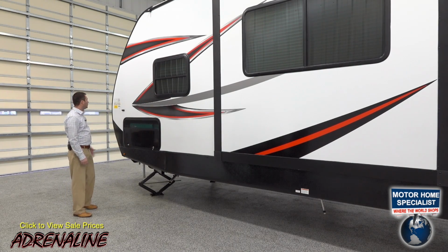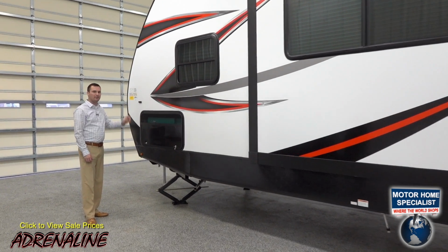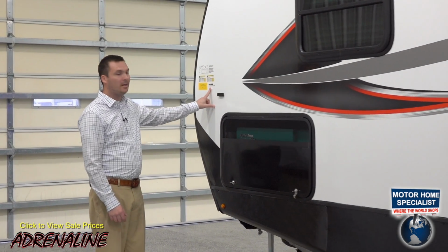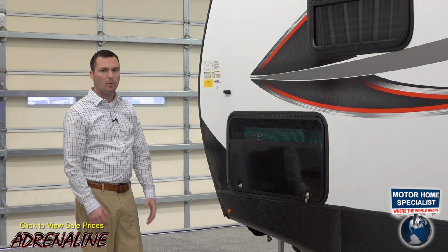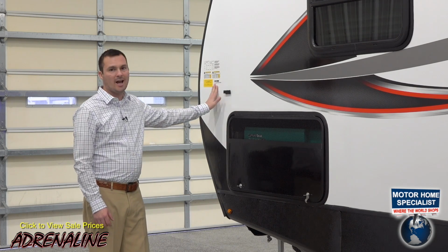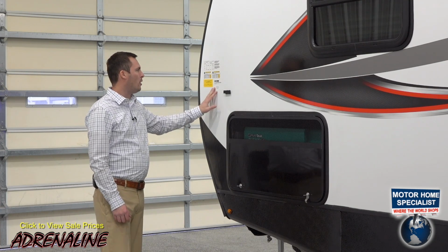The first thing I'm going to talk to you about is all these stickers that we put up here in the corner. Each trailer that comes off our assembly line is weighed individually. So when you look here and you see this sticker that says dry weight of 9,800 pounds, you know that's what this trailer weighed when it came off the line. We don't just average every trailer and put a blank number on there. We tell you exactly how much every trailer weighs without a doubt